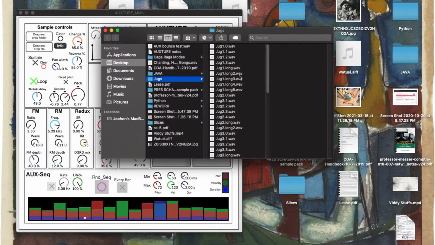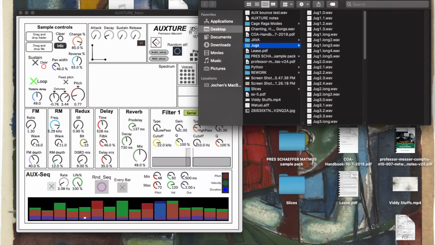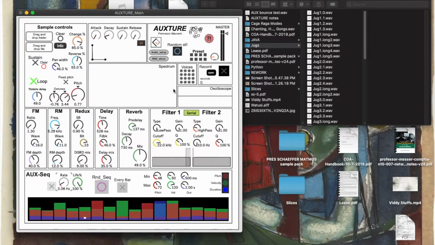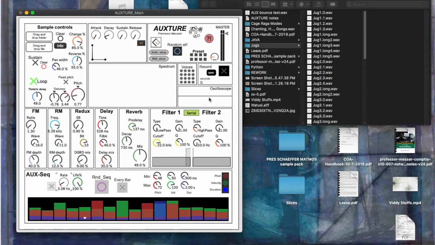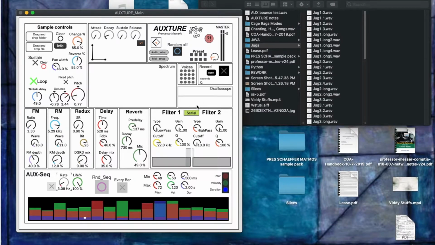So for instance here, these are some samples from my jug band, this jugs folder. Don't worry, it's not anything dirty. It's just wind in a bottle. So loading that up, we can quickly just explore the timbral possibilities, get some happy accidents going,